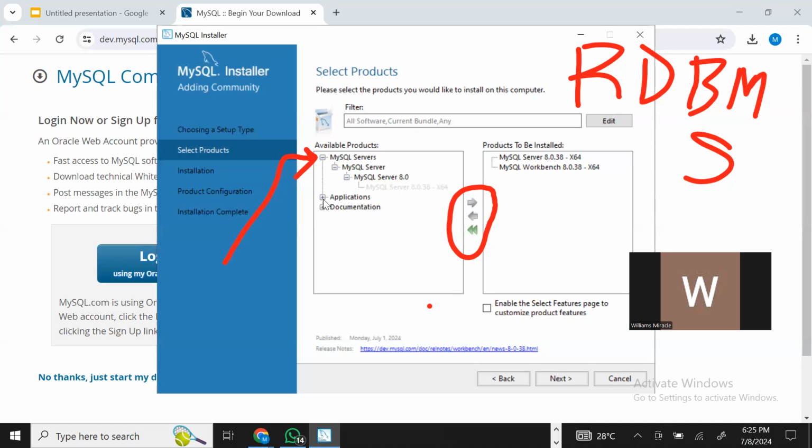Throughout our number 3, you have to come to applications, then click on MySQL shell, then keep clicking, then you pick this, and what do? You also have to move it towards the other direction. Please concentrate. So you come over here and then you click on the arrow button. Okay. So for the MySQL shell,